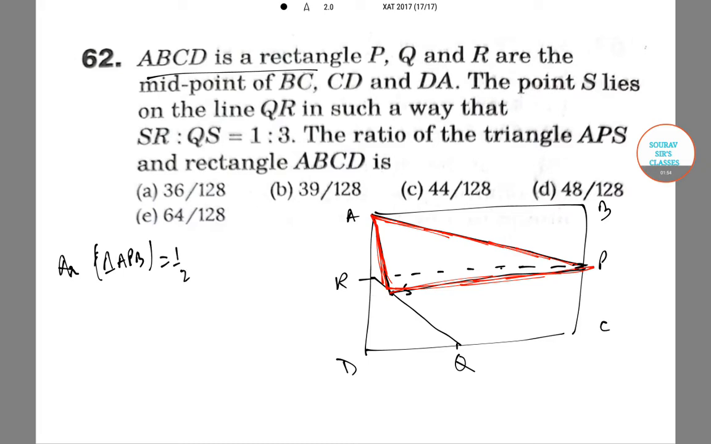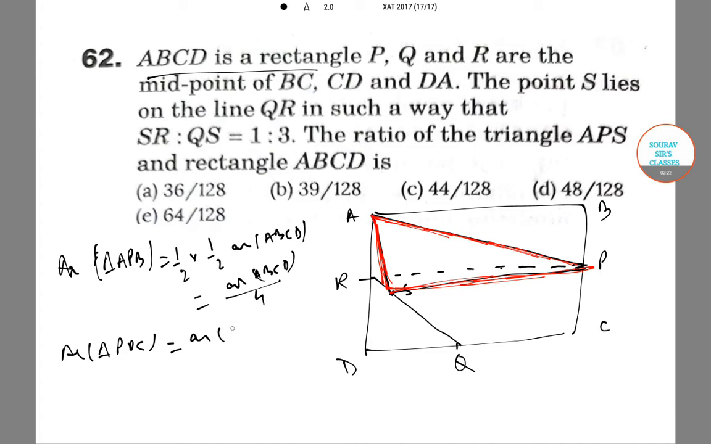is equal to half into half area ABCD. Therefore, area of ABCD by 4. Area of triangle PQC is equal to area of ABCD by 8,